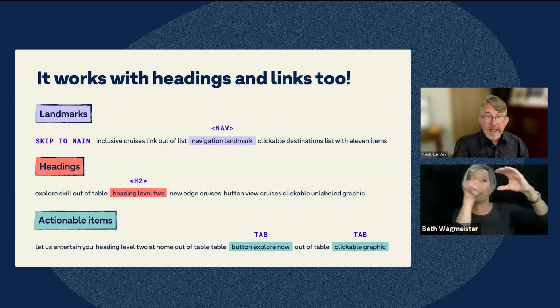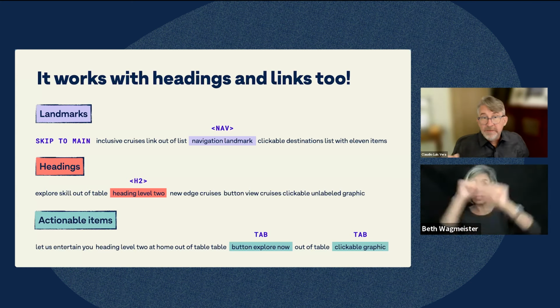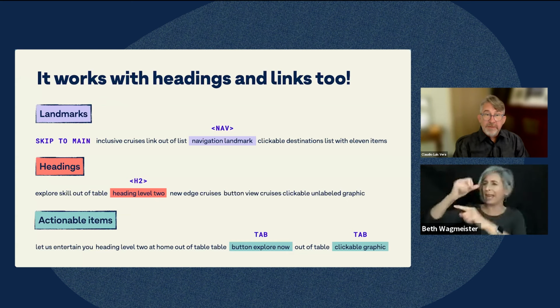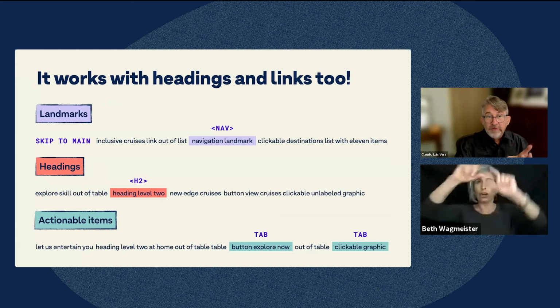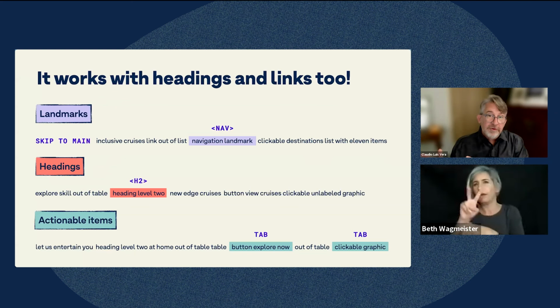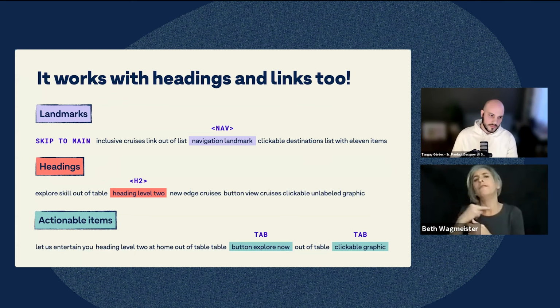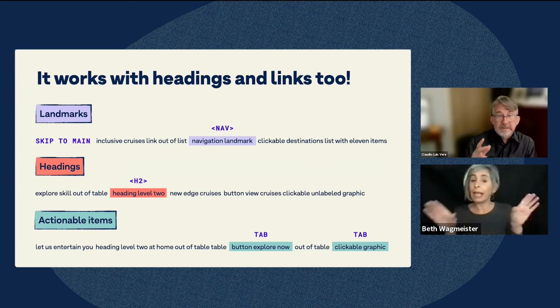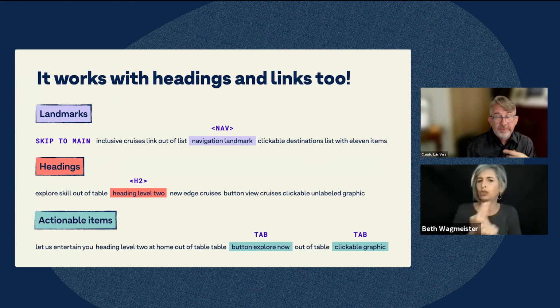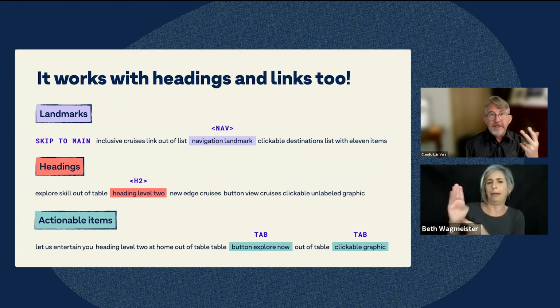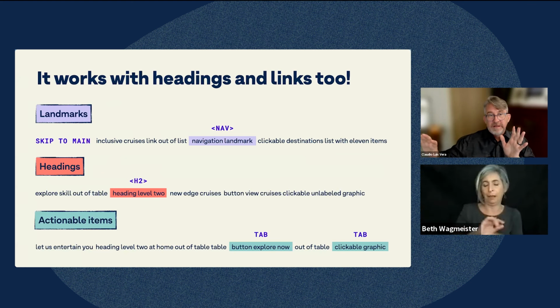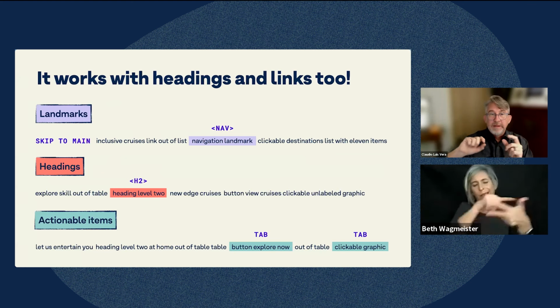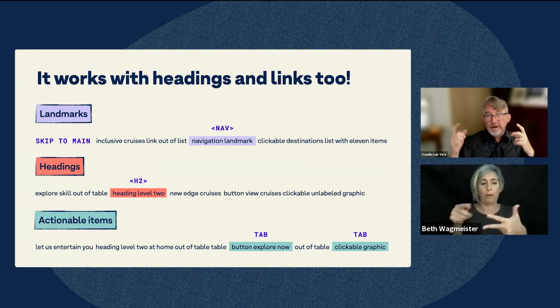If you were using headings, you'd be jumping around using maybe an H key, or there'd be a certain gesture that you use on your iPhone with VoiceOver to be able to move you forward through us. And actionable items, basically you'd be using the tab key to jump through those. So you've got three different ways of jumping forward and backward depending on how you want to